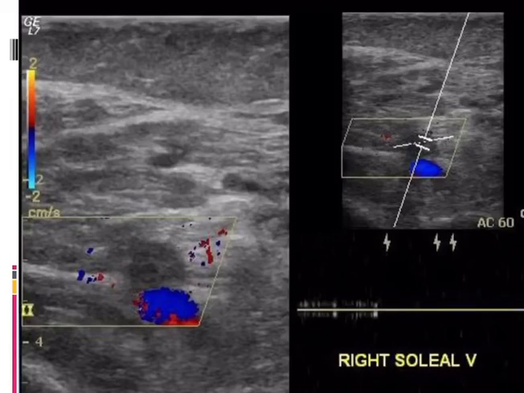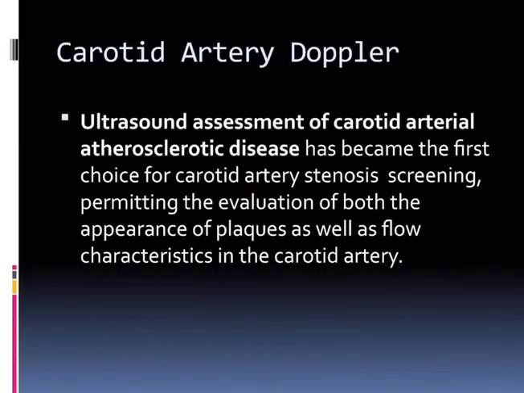But in case where there is obstruction, where there is no flow, whatever amount you squeeze the calf, there will be no augmentation. So that is called absent augmentation. Whenever you squeeze the calf, in case there is thrombosis of the vein, there will be no increase of venous return. So absent augmentation is a sign of deep vein thrombosis.